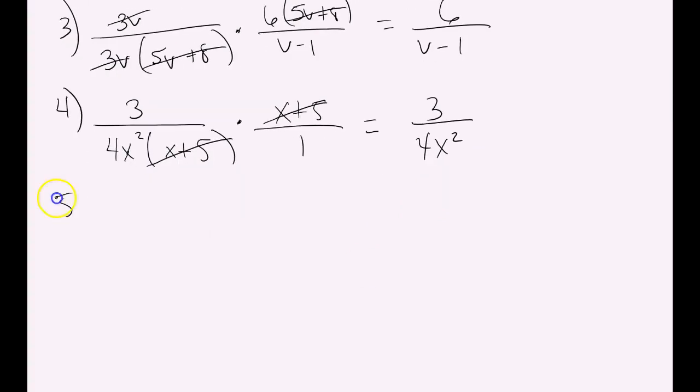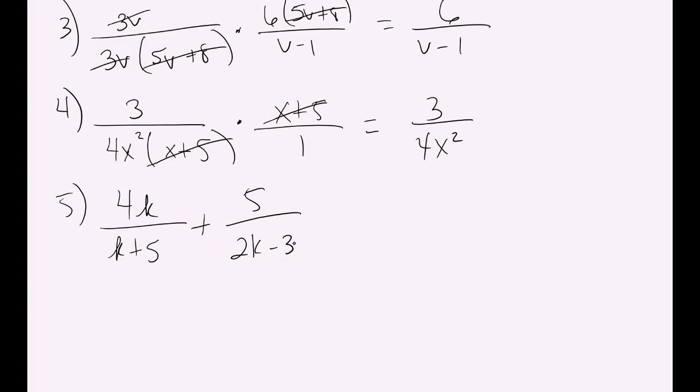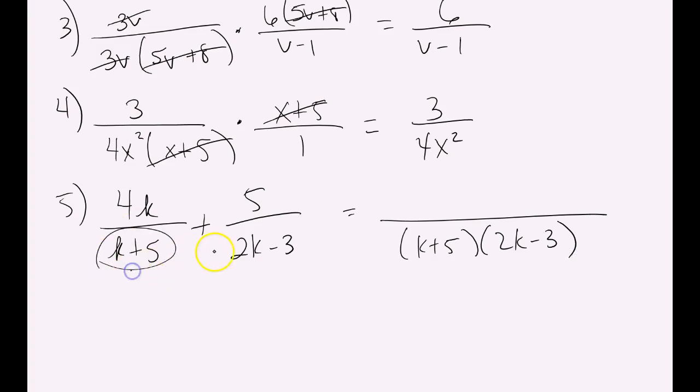I'm not going to lie, I do not like the addition and subtraction. Oh my gosh, I think they take me too long sometimes to really think about. So here's the actual problem. Now I factor denominators. Now this can't be factored and this can't be factored. And what that tells me is that the common denominator is both of those, okay? So this one was missing a 2k minus 3, so that means the top needs to be multiplied by a 2k